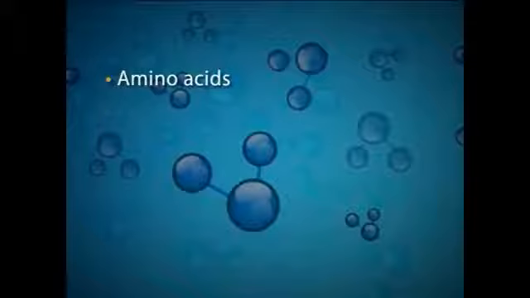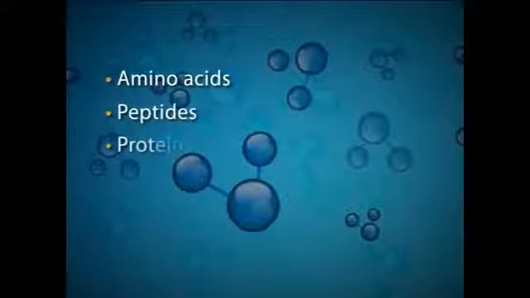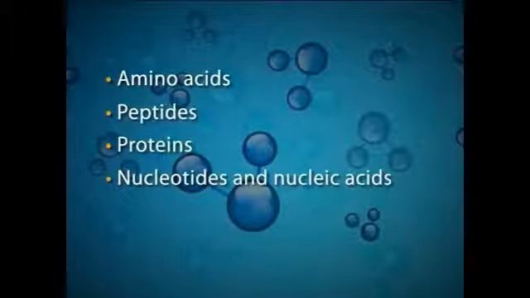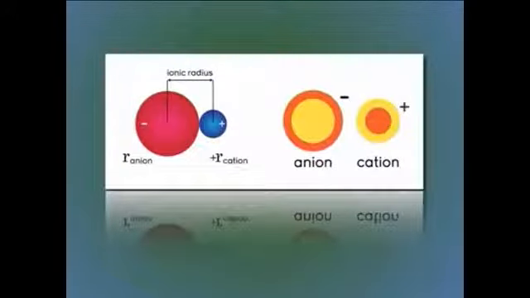Important biological molecules such as amino acids, peptides, proteins, nucleotides, and nucleic acids possess ionizable groups, and therefore at any given pH it exists in solution as an electrically charged species, either as cations or anions. Under the influence of an electric field, these charged particles will migrate either to the cathode or anode depending on the nature of the charged particle.